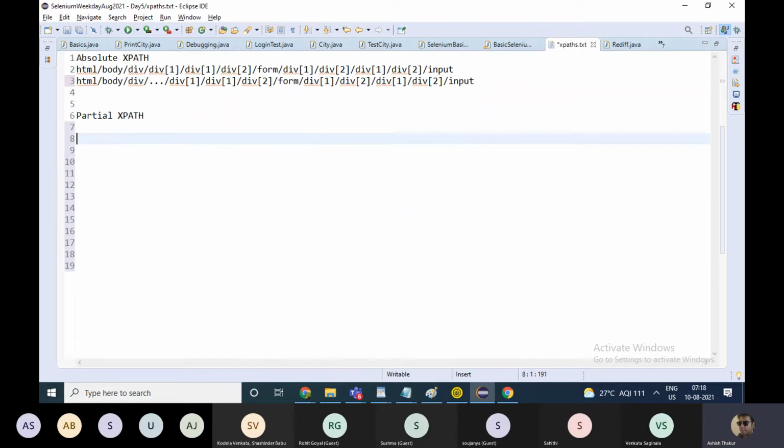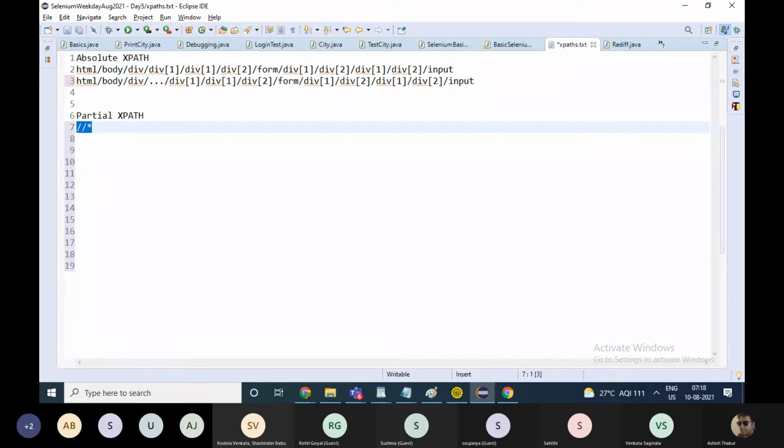Partial XPath, listen carefully how it works. It starts with a double slash star. This basically means all the elements on the web page.